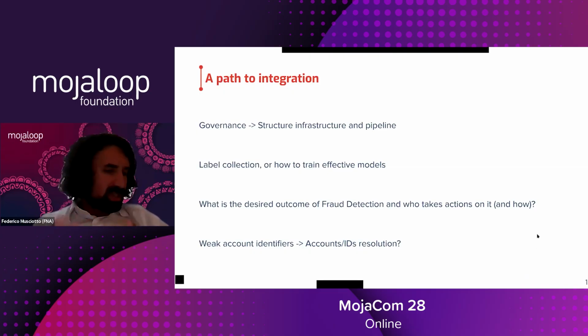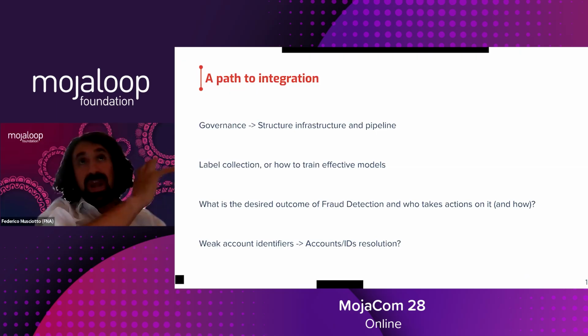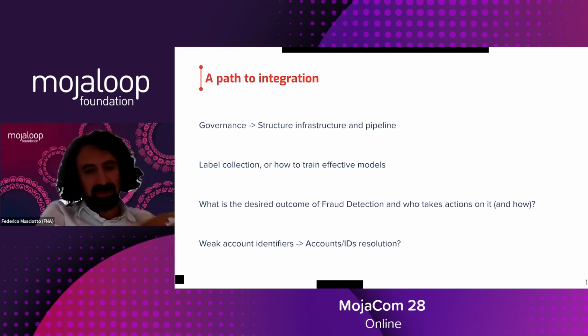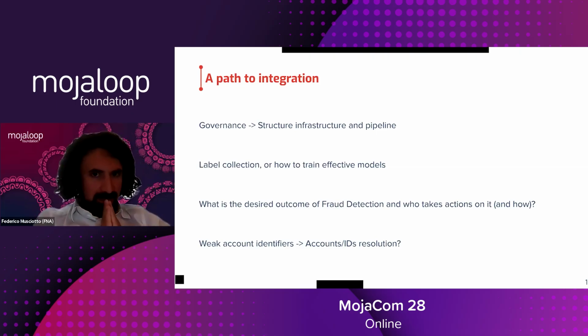And the last point, which is, since in my understanding there's this open issue that in Mojoloop the account identifiers are a bit weaker than in traditional banking with account numbers and so on, we can discuss around the idea that maybe we need to put in place some resolution for accounts. So basically trying to understand when two accounts are the same, when two phone numbers are acting for the same individual, the same account, or let's say the same set of funds, and so on and so forth. And this is my last slide.